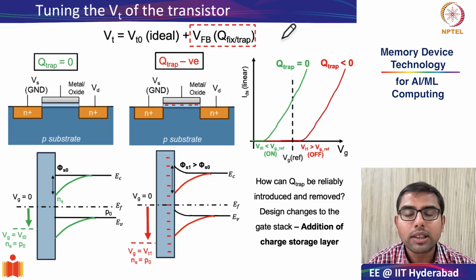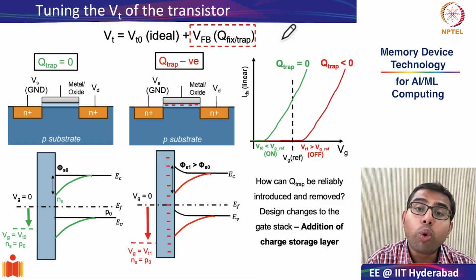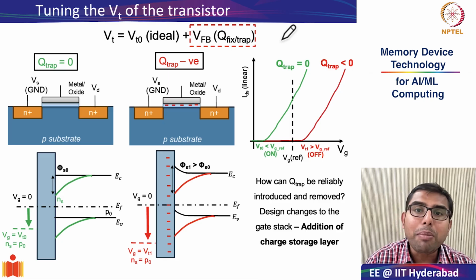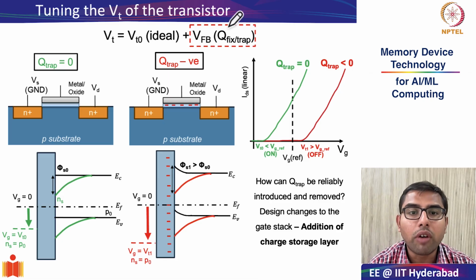What we figured out is the way to convert a 1T transistor from a logic device to a storage device, or a memory storage device, is to be able to effectively tune the threshold voltage of the transistor. And we saw as an example the best way to probably play dynamically with the threshold voltage of the transistor is to introduce trap charges into the oxide of the